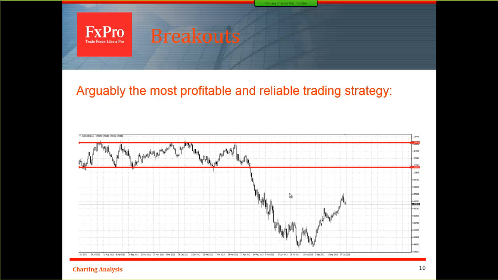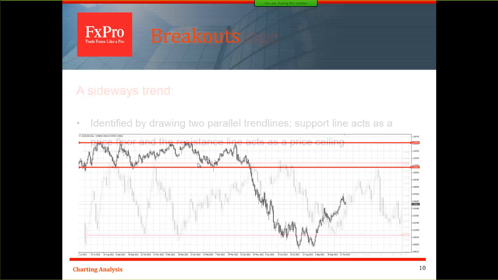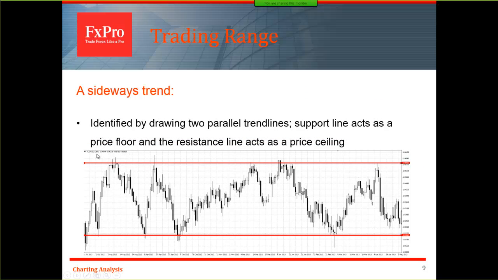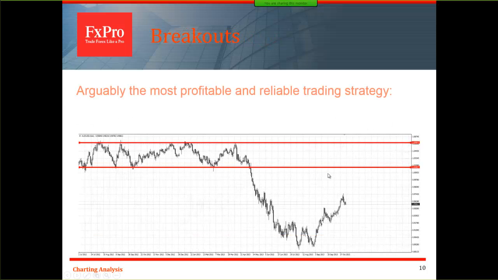The reason you need to set these stop losses, as we said, in the trading range or wherever, is because a sharp move may occur following the break of a well-tested support level. So we can see here a continuation of the previous chart. Okay, so we look at the Aussie dollar daily, and we had this trading range, and then at some point that trading range ceased to exist, and we had this very strong downtrend you can see here.